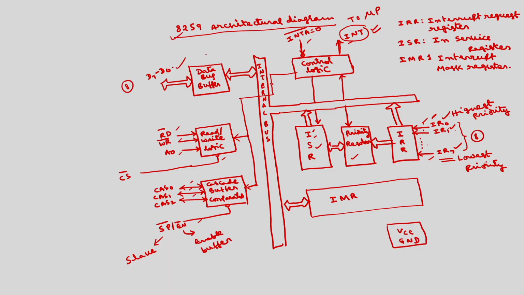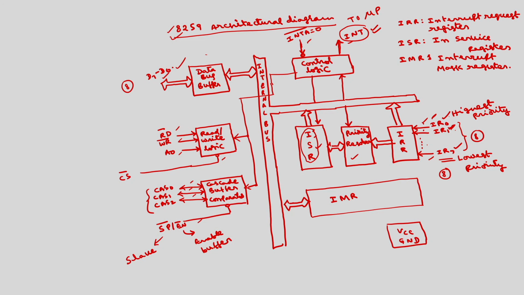Then the device with the next priority will be recognized and the corresponding address will be generated by the ISR and placed onto the data bus. The microprocessor control goes to that particular service subroutine and resolves it. In that way we can process 8 IO devices if I use a single 8259, whereas, as I have told here, cascading of 8259 is also possible.